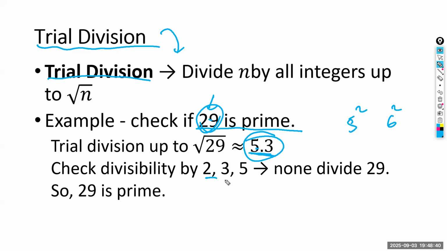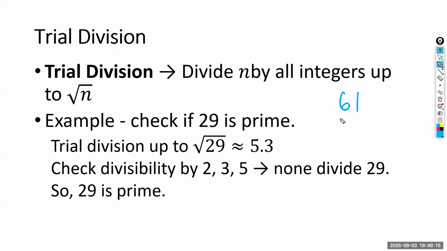2, 3, 5. If 29 is divisible by 2, it's not a prime number. If 29 is divisible by 3, it's not a prime number. If 29 is divisible by 5, it is not a prime number. If 29 is not divisible by any prime number smaller than this number, this is a prime number. Okay, this is a prime number. Is it clear? Okay. For example, you want to find out whether